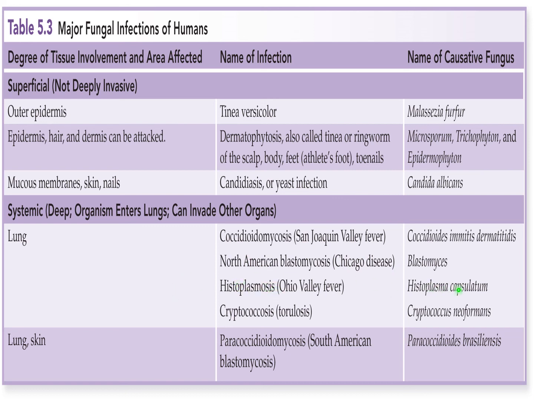Histoplasmosis, caused by Histoplasma capsulatum. Blastomycosis, caused by the Blastomyces yeast. And both of these, blastomycosis and histoplasmosis, are found in the Mississippi, Ohio River Valley Basin, and that does include southwest Missouri.